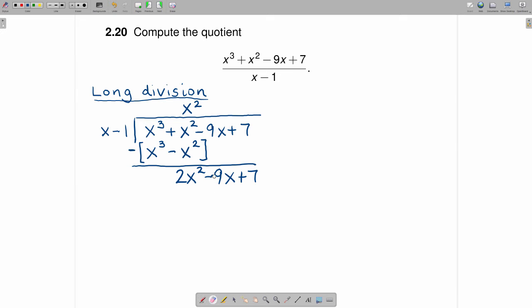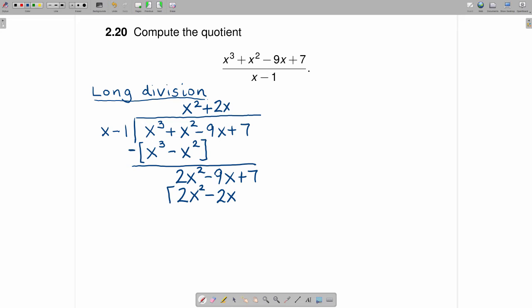Now the next term that we want to fill in will go right up here, and we ask ourselves, what do we want to multiply x minus 1 by to get rid of this 2x squared term? And the answer there is we want to multiply x minus 1 by 2x. So multiply now 2x times x minus 1, and what do you get? You get 2x squared